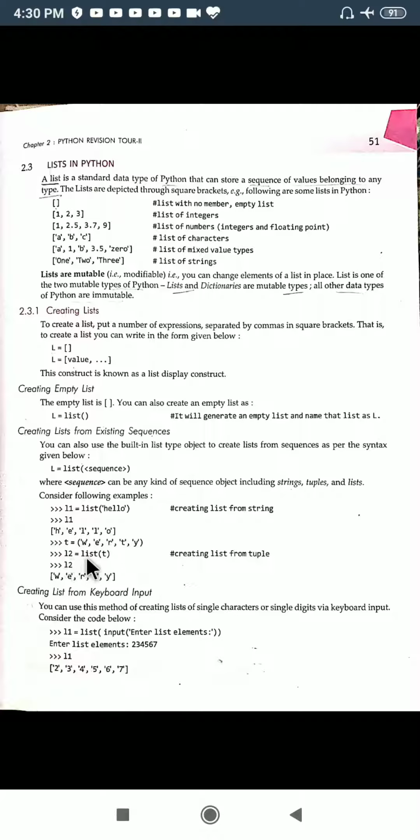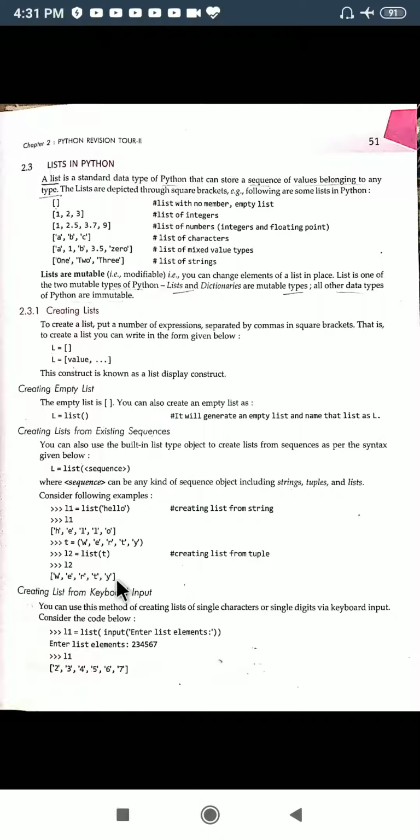The list function will again be used, and we will pass this t variable here, which is storing this tuple. In this way you are passing, and it passes all the values into list L2. So for printing L2 we write it, and it will give output in the form of a list.